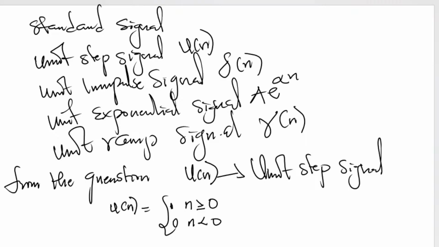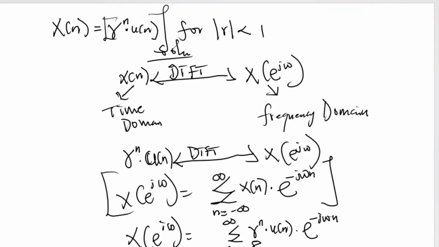If u of n is equal to 0, n will be less than 0. So this condition suits the condition in your question. So you can tell your examiner that since you have, from your unit step signal, u of n equal to 0, n will be less than 0. And this condition suits your condition in your question. Are we together? So you simply have that anywhere you see n in your equation for your frequency domain,